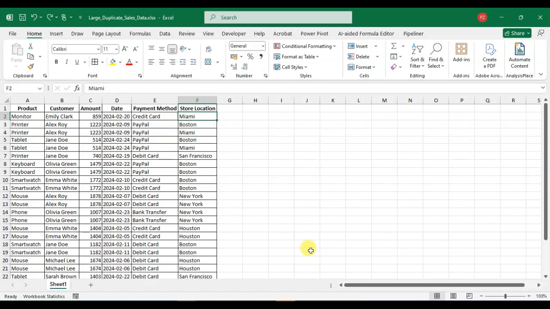Hello everyone, in this video we will learn how to hide duplicates in Excel tables. So let's start in my Excel, and here you can see I have a simple data set. In this data I have some duplicate entries. You can see here the phone product, there are two entries with the same customer, the same amount, same date and other details also. So here I'm going to hide duplicate entries